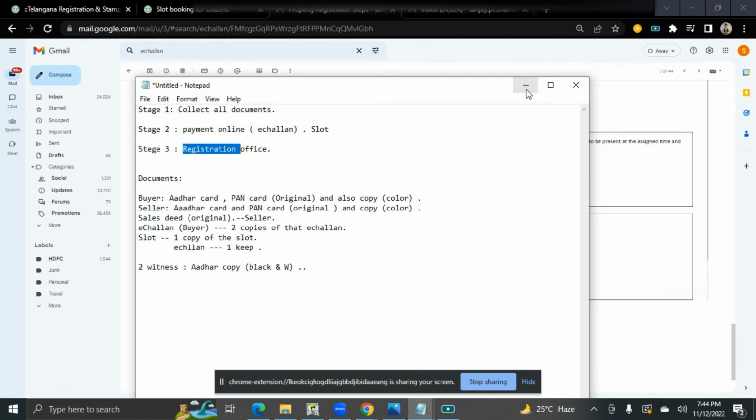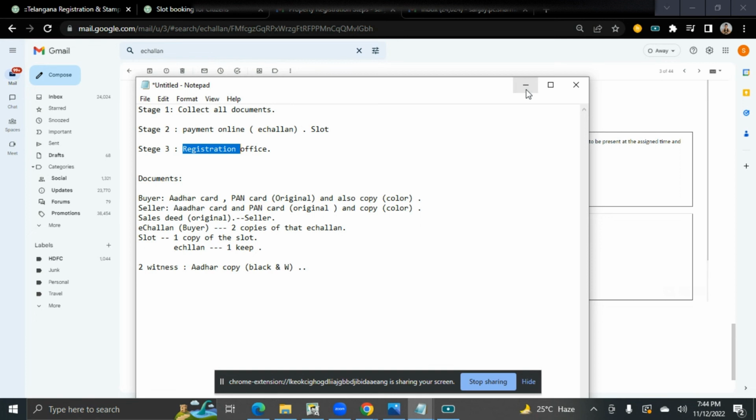So now we are on the counter where again some data entry will happen, right? That person will take your application, put your entries on the system, and produce a document. Once you get the document, most of the process has been done. What you need to do now is take the document and put it along with your entire set of documents,